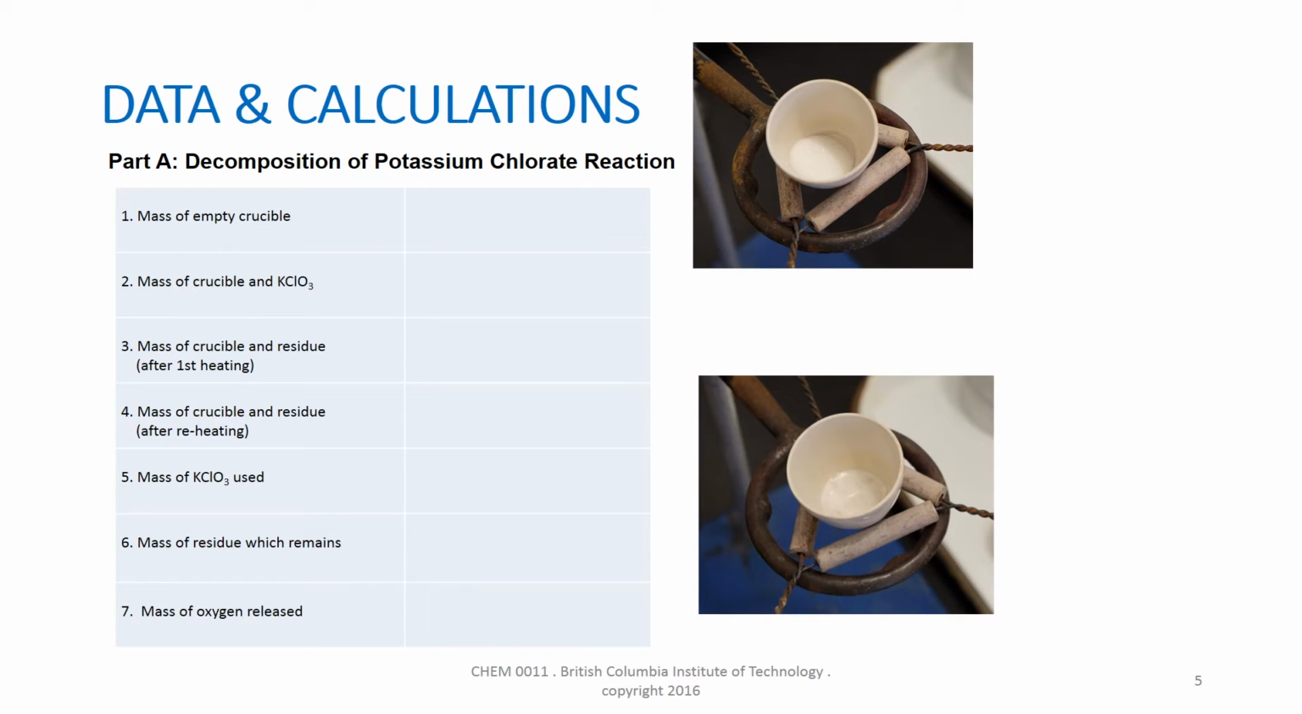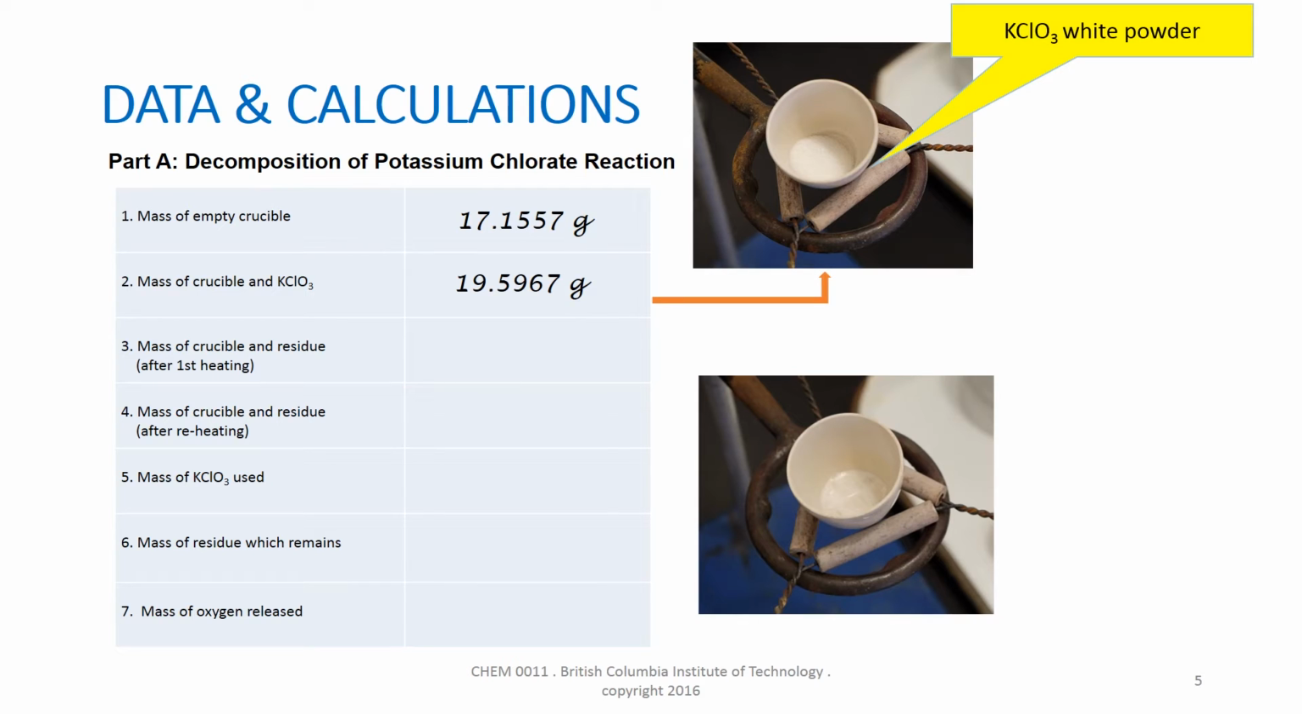Let's go through the data and calculations for Part A, Decomposition of Potassium Chlorate Reaction. Item 1 shows that the mass of the empty crucible used is 17.1557 grams. A certain amount of potassium chlorate is used in the reaction. Item 2 shows that the combined mass of the crucible and potassium chlorate is 19.5967 grams. To calculate the mass of the potassium chlorate used, Item 1 is subtracted from Item 2. Item 5 shows that the mass of potassium chlorate used in the reaction is